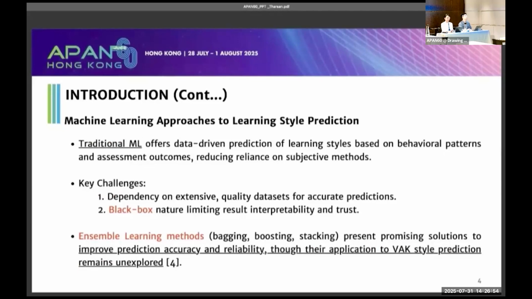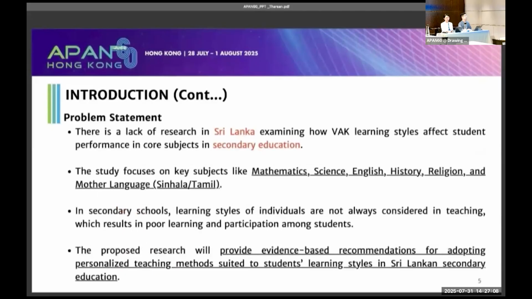Ensemble learning methods like bagging, boosting, and stacking present promising solutions to improve prediction accuracy and reliability, though their application to VAK style prediction remains unexplored.